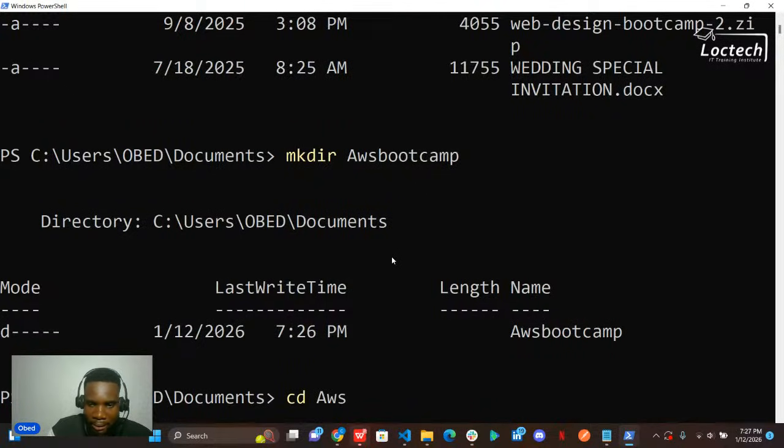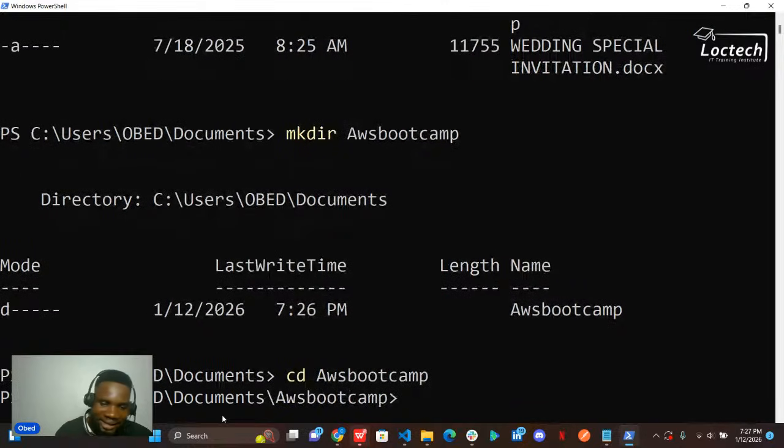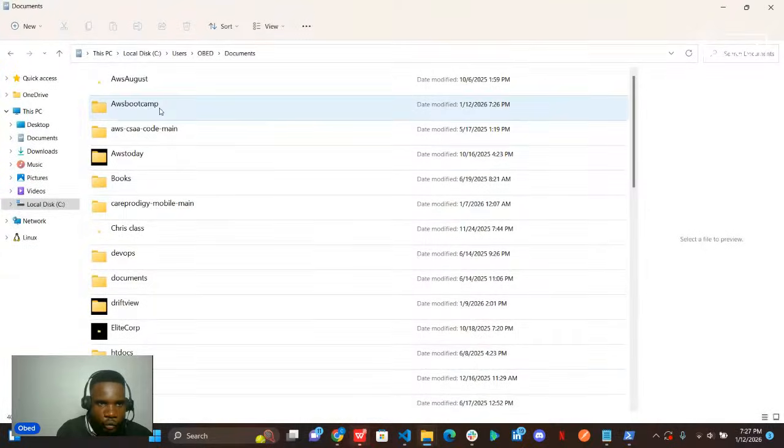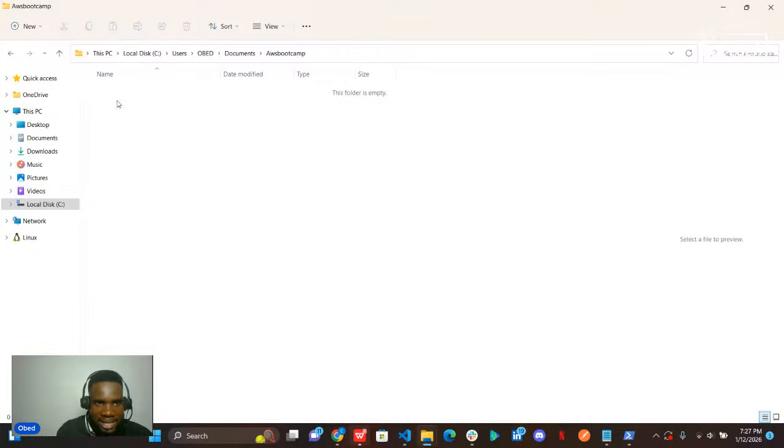Please remember the A here is a capital letter. I have to take note of that. If I use a small letter a here, it will not go through, because a folder created with a capital A and a small a are not the same. So, AWS Bootcamp. Now I am in that directory. I am now inside AWS Bootcamp. At the moment, my Bootcamp folder is empty, right? It is empty.